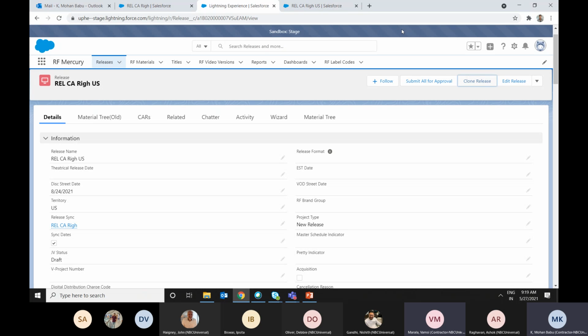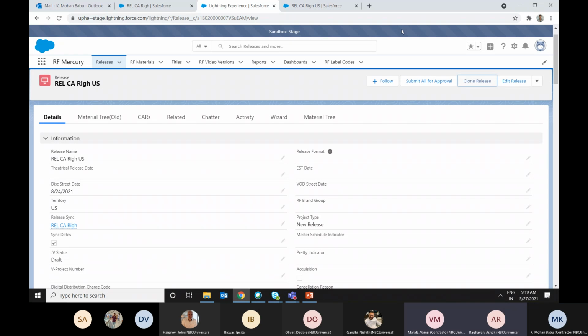To make it simple, we can clone any release from any territory to another one, but the dates can be synced from the US to the CDN only, not from the CDN to US, if any updates happen on the dates. The release sync is linked with the release from where we are cloning. The release name will be auto-populated as per the clone. If you are cloning from US to CDN, the release will be appended with CDN. If we are doing it from CDN to US, the name will be appended with the territory we are going to create, the future territory.